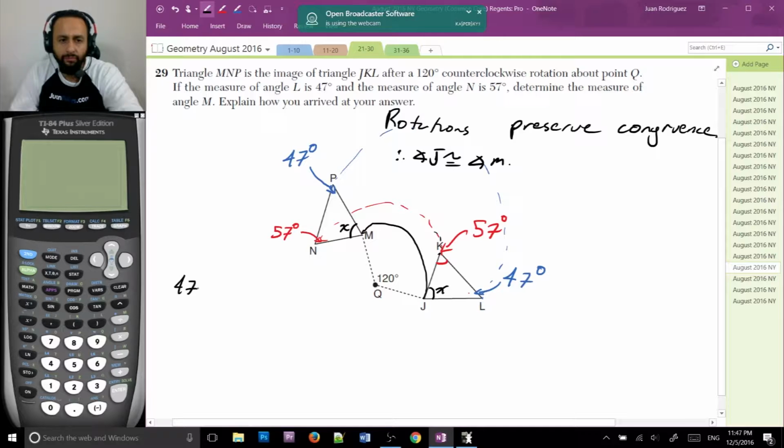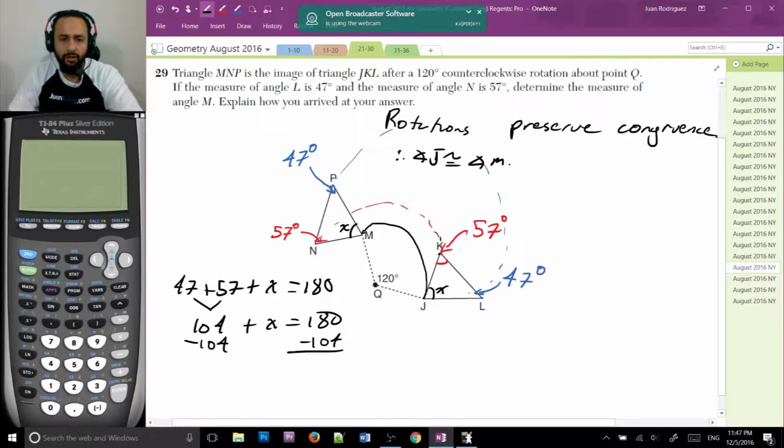So 47 plus 57 plus that angle X measure is equal to 180. Okay, go away fly. And then 47 plus 57 is 90 plus 14 is 104, plus X is equal to 180. Subtract 104, subtract 104, and you get X equals